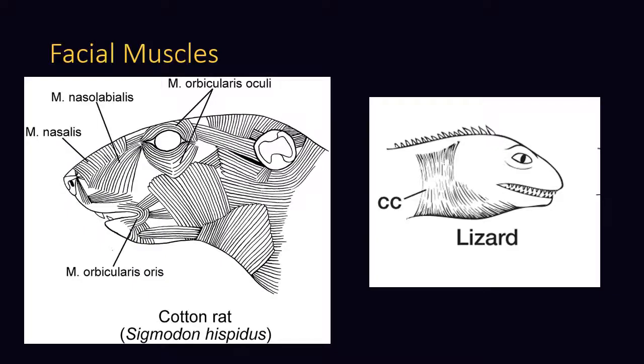The final soft tissue structure we're going to talk about that really serves to greatly separate mammals from reptiles is facial muscles. Feel your face right now. You have all these muscles there. Think about the expressions that you can make, and you have lips, you have cheeks that you can pout, put stuff in, or breathe out, or suck them in, squeeze your eyes shut, raise an eyebrow, all of these things, or in a lot of mammals, wiggle their ears. Maybe some of you could wiggle your ears. Lizards, which is a pretty standard reptile, no,